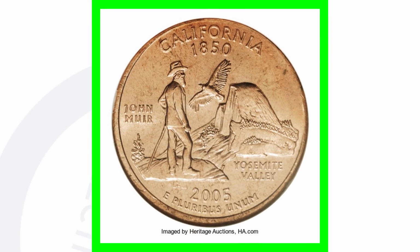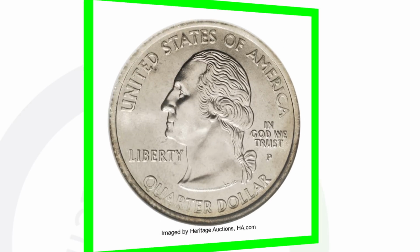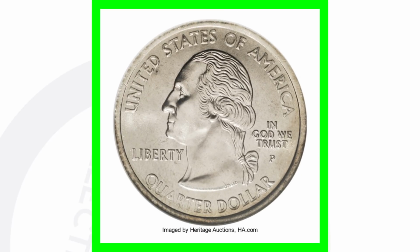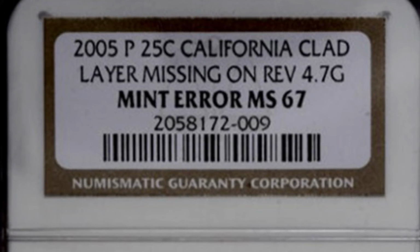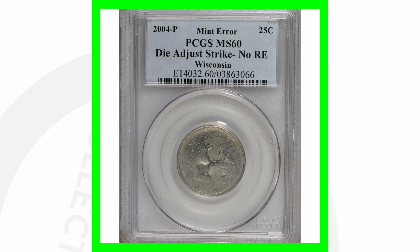Now for the 2005 California state quarter, you can see that it looks copper, and that's because it's missing the clad layer on top. Now we see the clad layer here on the reverse, but it is missing here on the front of the coin, and that's going to give the coin a lot of value really, if you turn 25 cents into over $1,300. That's what this coin sold for, $1,300. Now, for the Wisconsin state quarter,